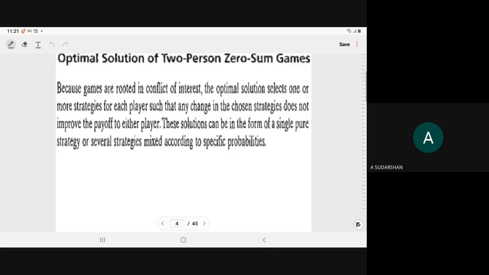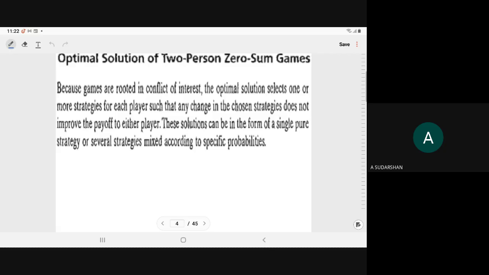So the optimal solution for the two person zero sum game, if you think about what is happening: you are winning and another opponent is losing. So what should be your strategy? If I am winning, I win with the maximum difference. If I'm losing, I lose with the minimum difference, right? So both apply the best alternatives to minimize or maximize